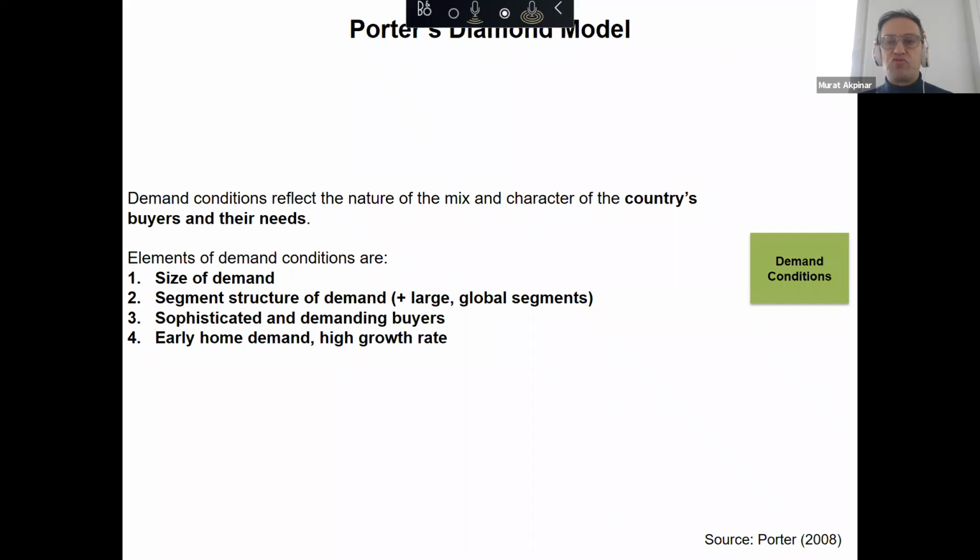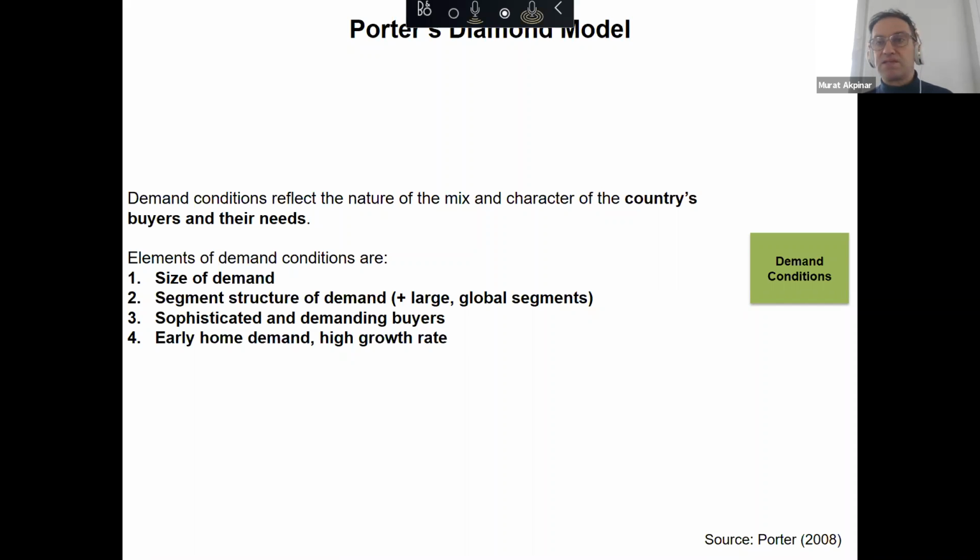Let us move now to demand conditions. So what do we understand from demand conditions in the location? So again, let us get back to the basic decision. Do we want to establish our business in France, in Germany, or in Finland? Now, market, of course, is an important factor. If we establish our business in France, well,